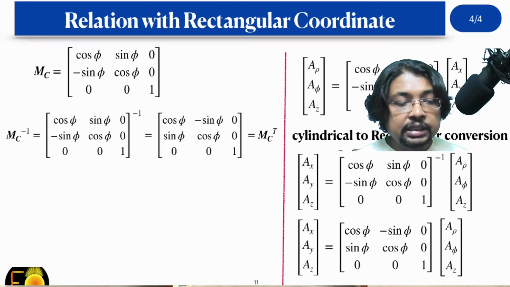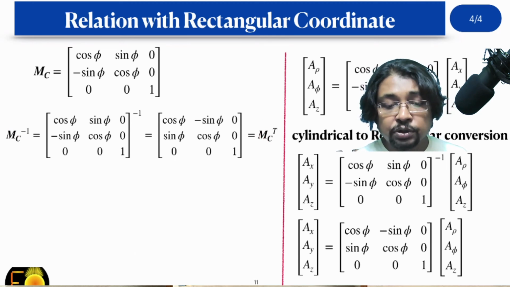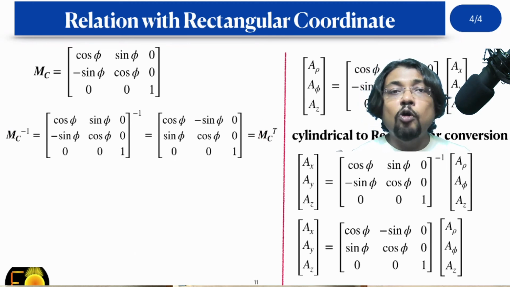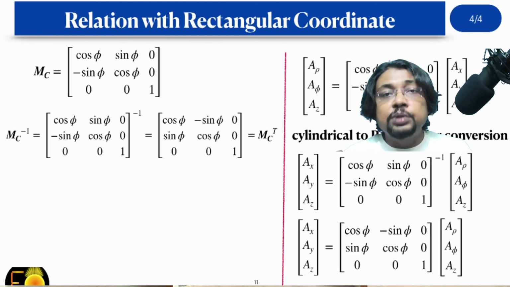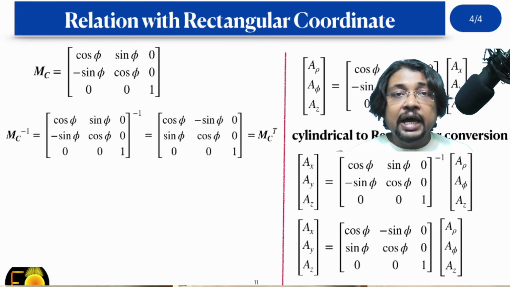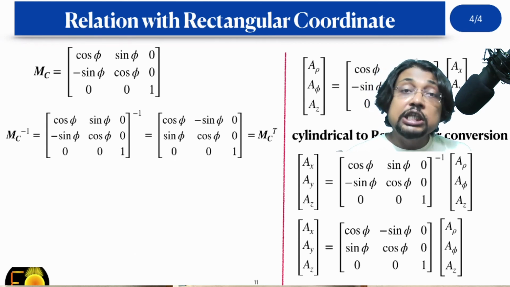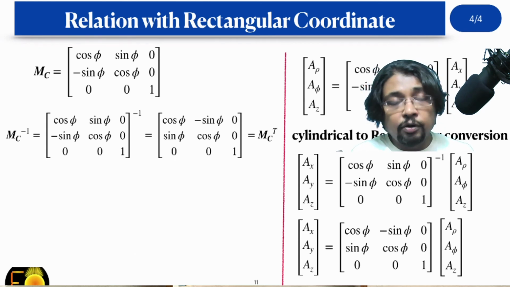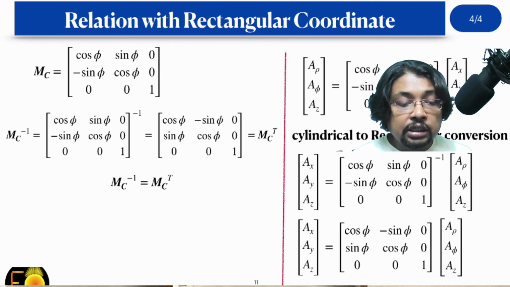Such kind of matrix for which the inverse becomes the transpose of that matrix, because such interchanging of off diagonal elements happens for the transpose of this matrix. But for those matrices whose inverse is equal to the transpose of its own matrix, those matrices are called the